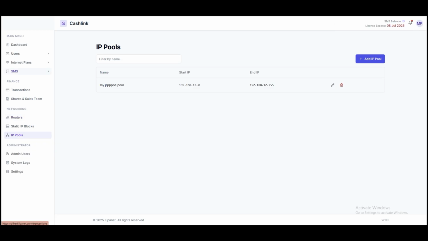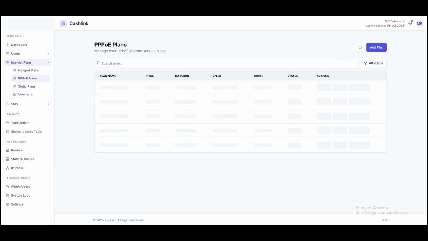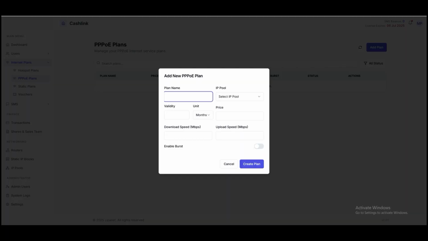So after adding the pool, the next thing we come to is the pppoe plans. On the pppoe plans, let's call this bronze package. It's just for testing. Then click the IP pool. Then we can come to validity. Most of them is 1 month. Then the price, maybe say 2,000 shillings. The mbps is maybe 10 mbps, just like that. You can decide to enable burst, but in this case we are not using burst. So I click create plan,